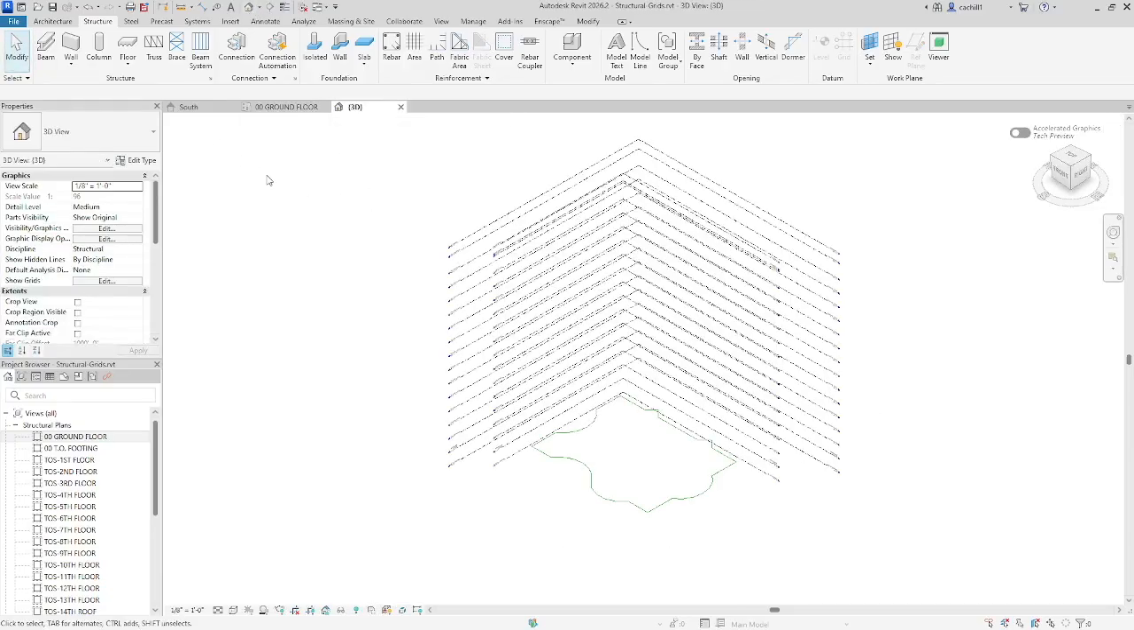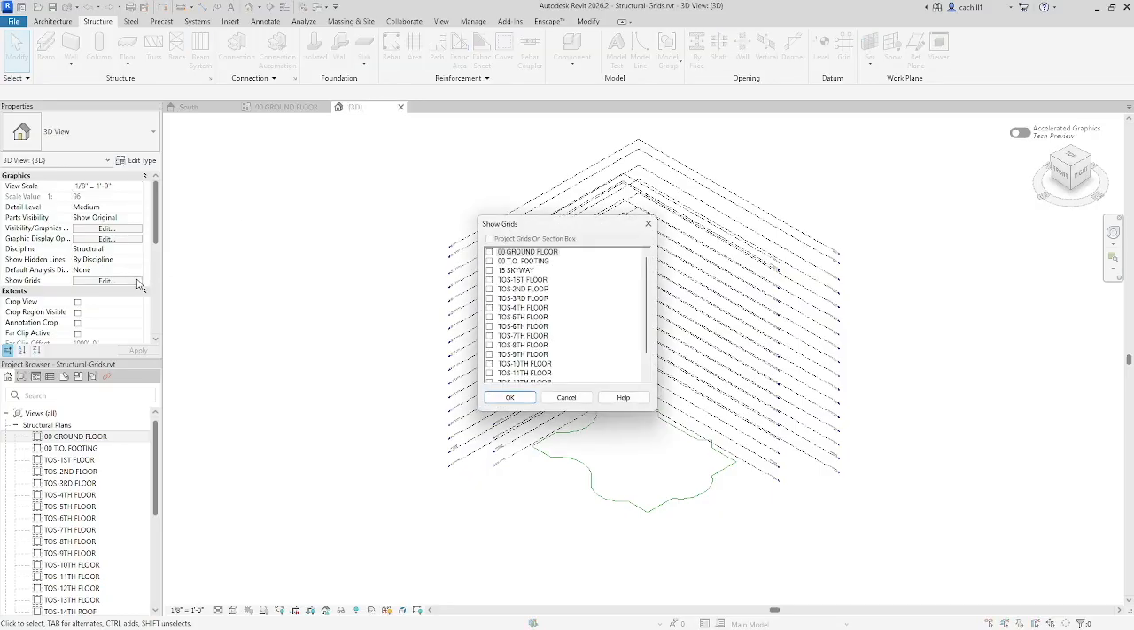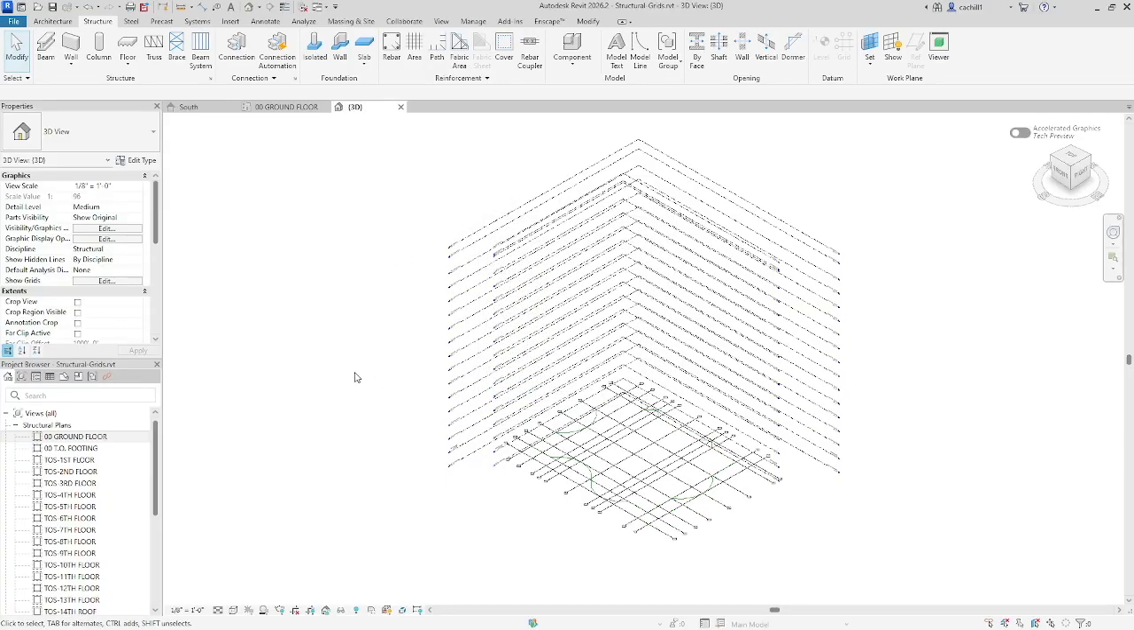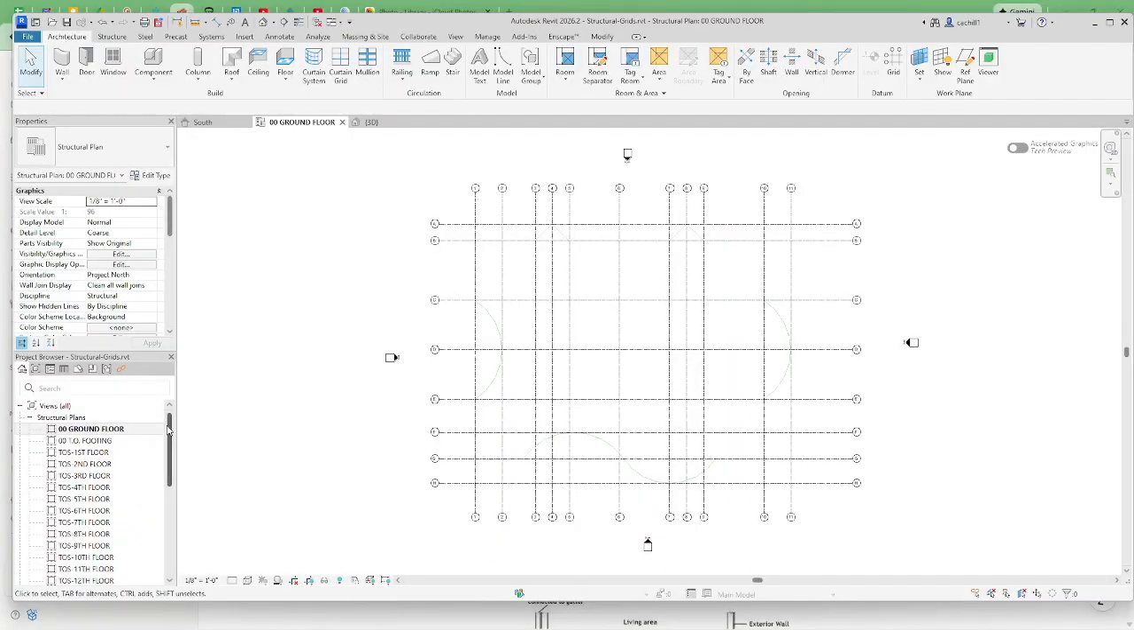In Properties, in the Graphics section, click Edit next to Show Grids. In the Show Grids dialog box, select 00 Ground Floor and click OK. The grids now display. In the Structural Plan's 00 Ground Floor view, zoom in on the south side of the